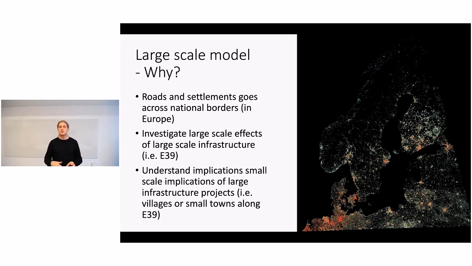But we also need to understand the implication of this large-scale infrastructure on smaller areas. We have small villages or small towns along these roads. So we need to understand how they are affected, because they are not only affected by the roads just around them, they are also affected by